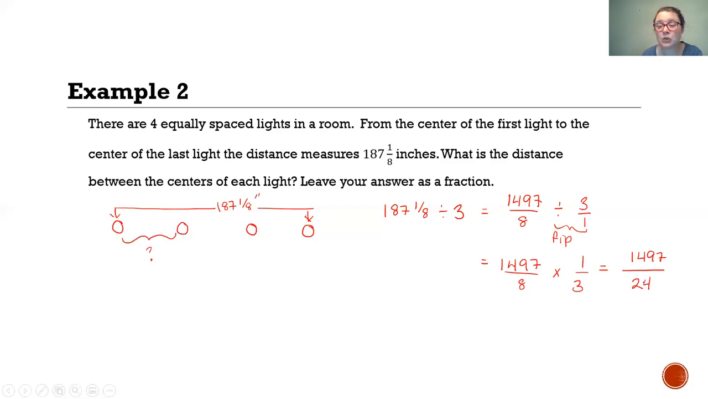All right, now this is a great spot for you to use your fraction button on your calculator. If you use the fraction button on your calculator, take note that it will reduce it for you as well. So you may not end up with 24ths on the bottom. I'm going to actually do this out the long way. So we'll take 1,497 divided by 24 gives me